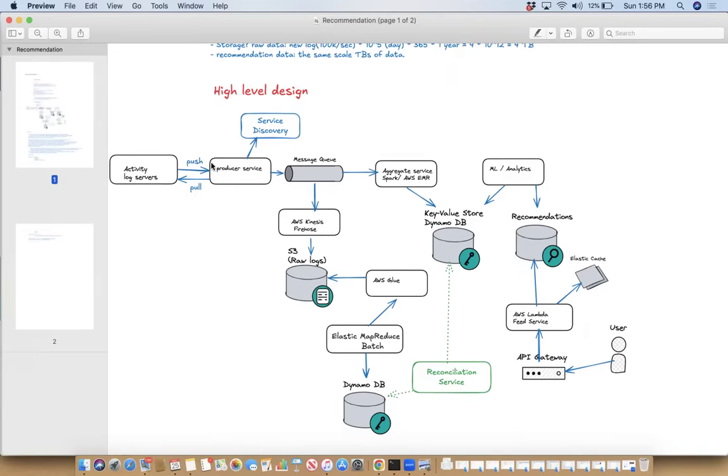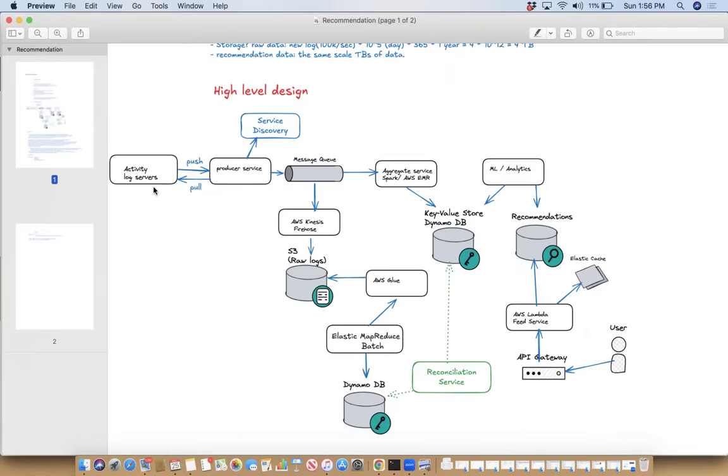The other way is to push, to have push mechanisms so that the log servers push the data to the producer service. Then there must be some kind of rate limiting and whitelisting, for security purposes, not to allow any server to push stuff to the producer server. And in the push model, activity servers are buffering